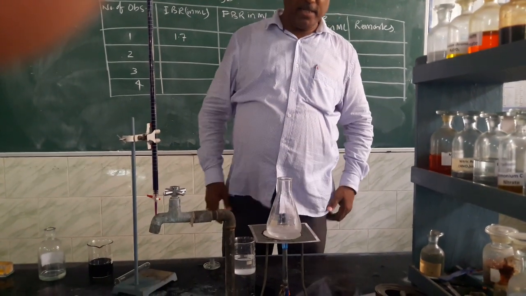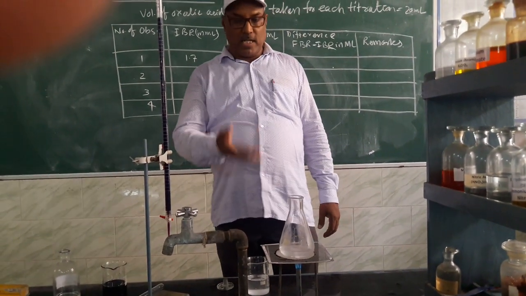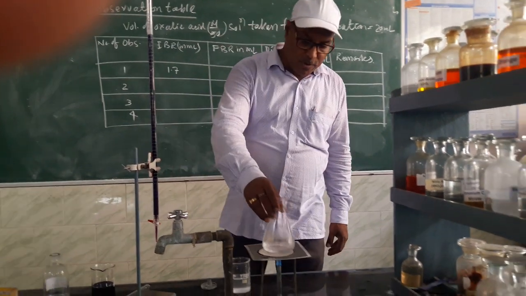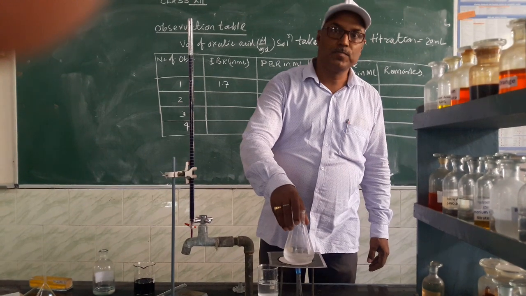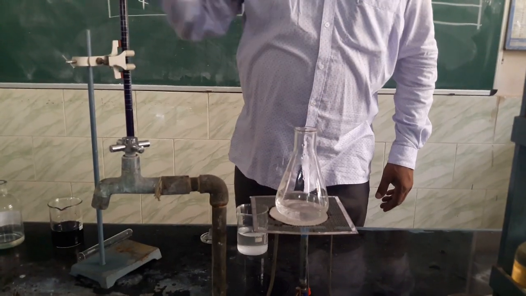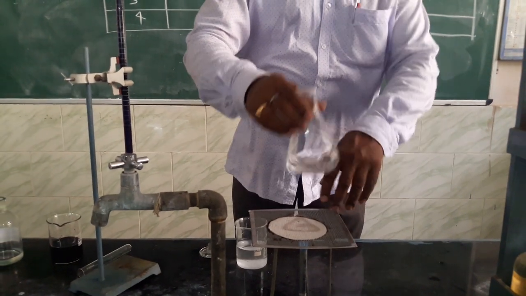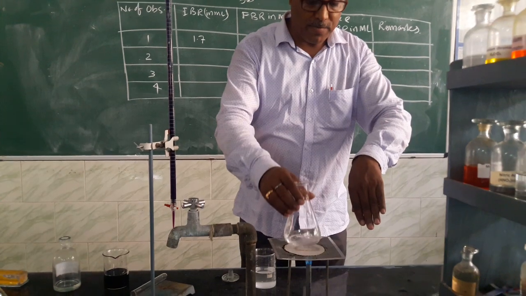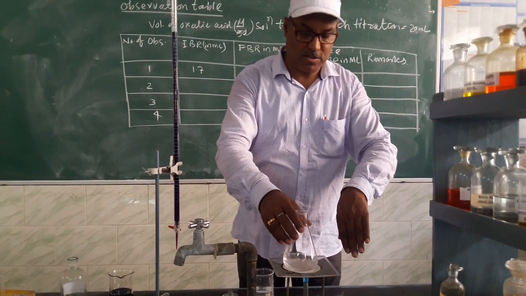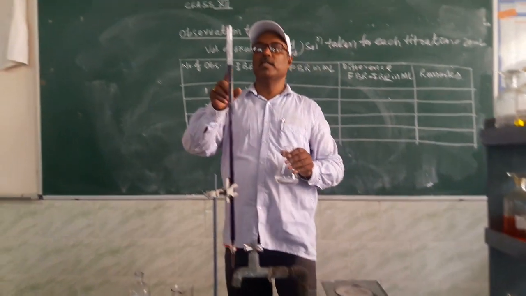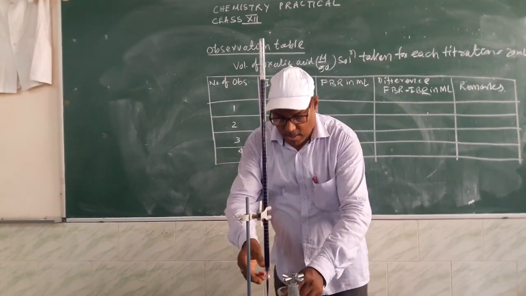When you heat it up to 60 to 70 Celsius, then the escaping of CO2 will be easier. Therefore the solution is heated. But the temperature has already been maintained. You just touch your skin. If it is unable to be touched, that means the temperature of 60 to 70 degrees Celsius has been maintained, and then titrate. So the initial reading is 1.7. We start then titrating this one.